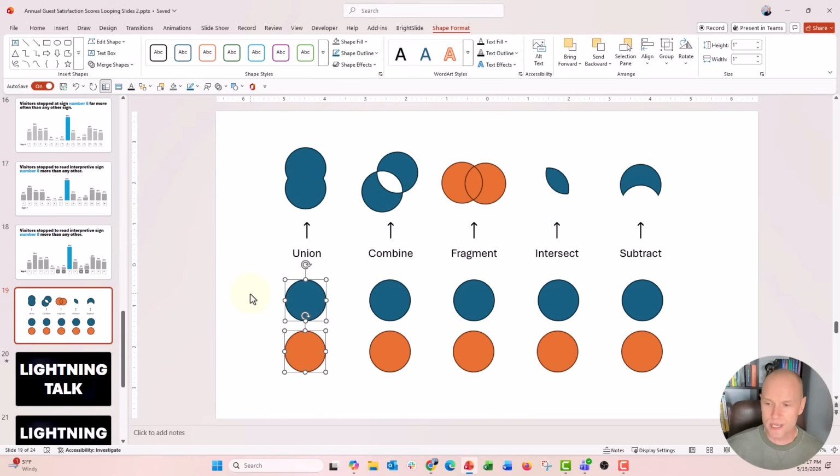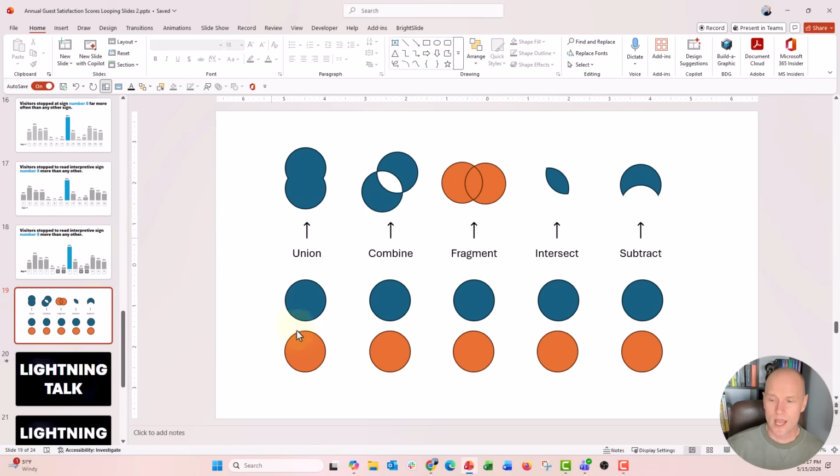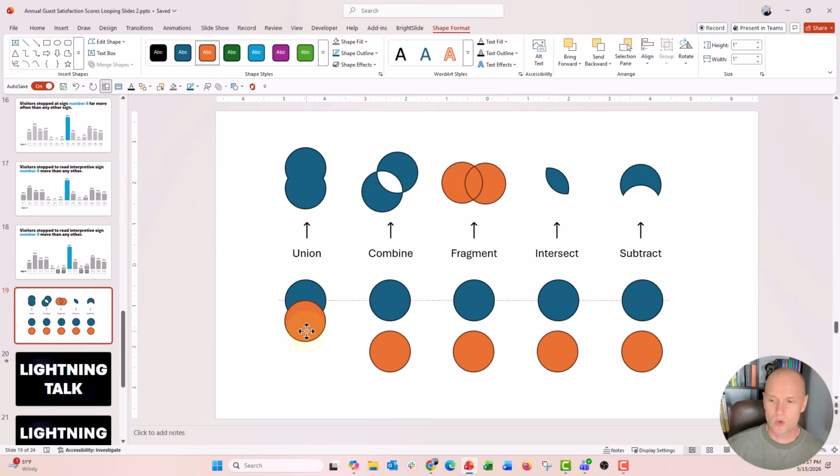Now the first Merge Shapes option is the union. Now if I want to union 2 objects together, what I'm going to do is I'm going to overlap them in some way, and when I select union, it's going to create basically one solid shape from whatever the outline of that overlap is. So you can see what it looks like right up here, and what I'm going to do is I'm going to just drag this orange circle right over the blue circle, and it's going to take the shape formatting of whichever object I select first. So I'm going to go ahead and select this orange circle first, hold down Shift, select the blue circle, and